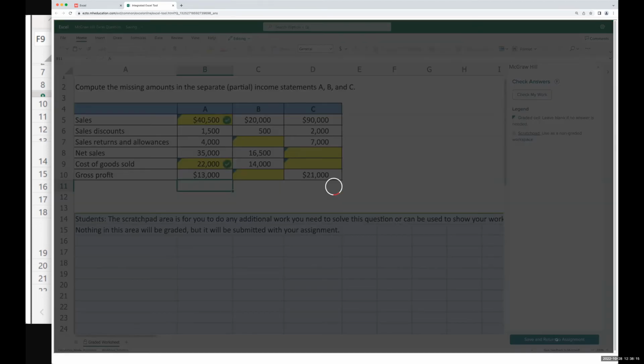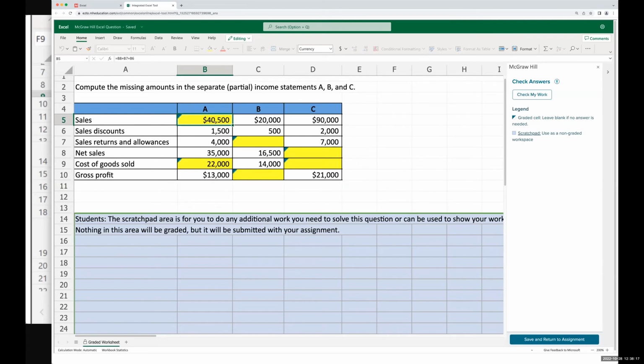Now, another really neat thing about integrated Excel, again, something I haven't seen, is that it will recognize many different formulas as a correct answer for any given cell. I don't know if you guys have used Excel solutions in the past where only one formula would be accepted as correct. But for those of us who use Excel, we know there's often many different ways to solve for any given value.